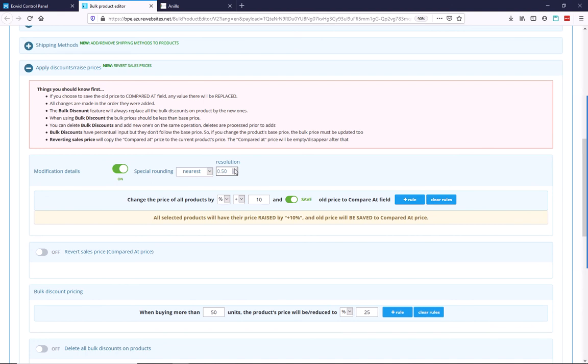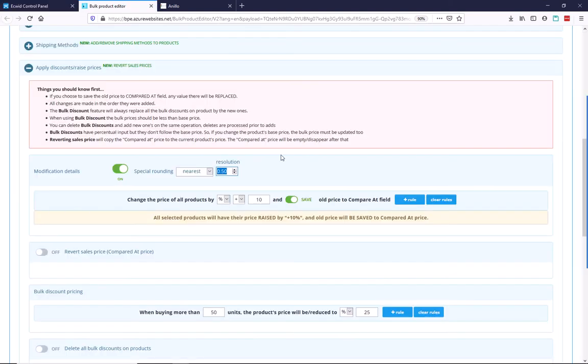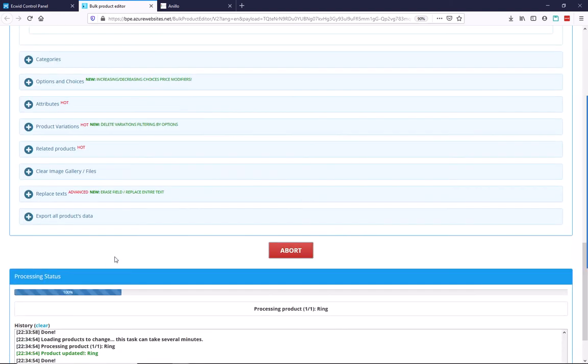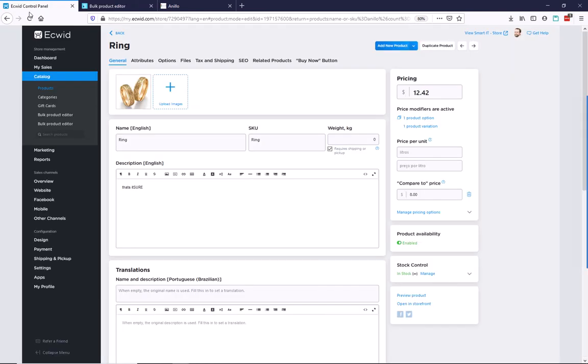So if I put here the resolution 0.5, it's going to be the nearest 0.5. So if it's going to be 13.66, the nearest price will be 13.5. So I'm going to apply this rule, apply the changes, okay, and go back